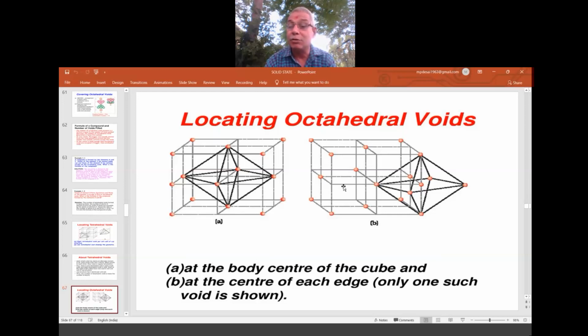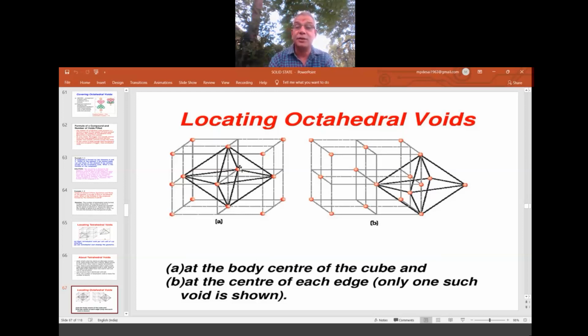Here also, either in this way you can locate, or on the edge also you can locate. But for this you require one more crystal lattice from the right side, a similar one that you fix here. So 1 from here, 2, 3, 4, and these 2 are from the other crystal lattice. Totally again we have 6 here. Either on the edge you can locate, or at the center. Only thing is, if you want to trace the octahedral void at the center, only one crystal lattice is required, by joining all the particles which are there in the face.